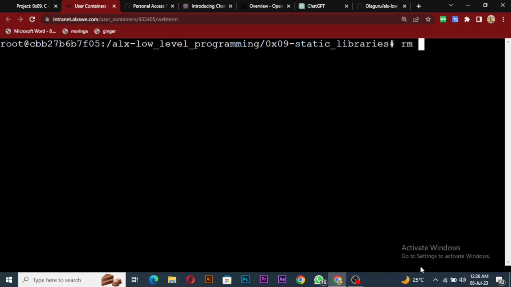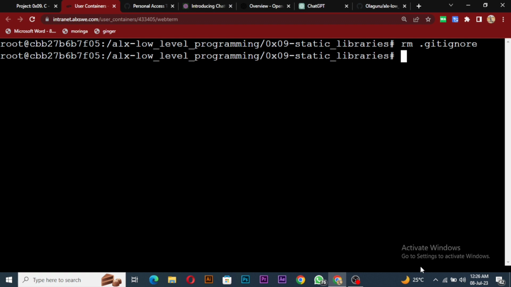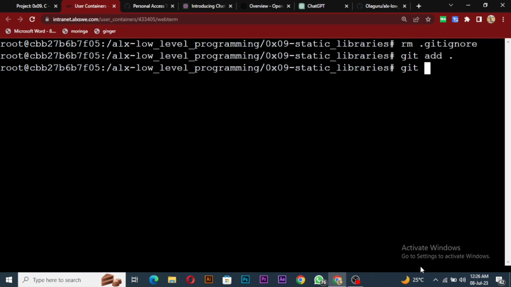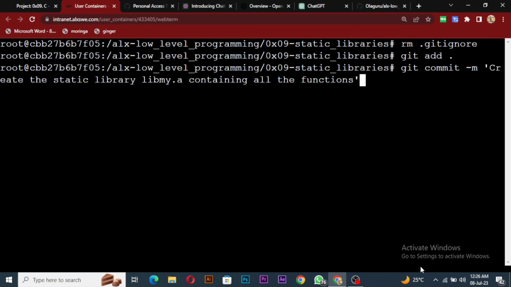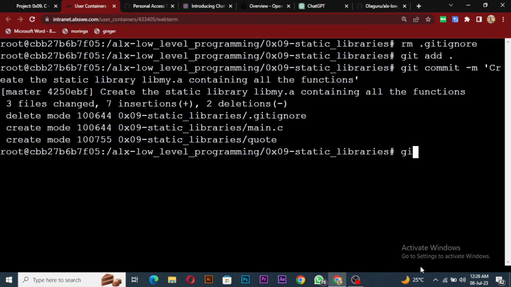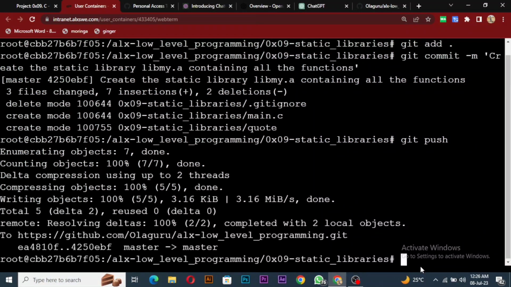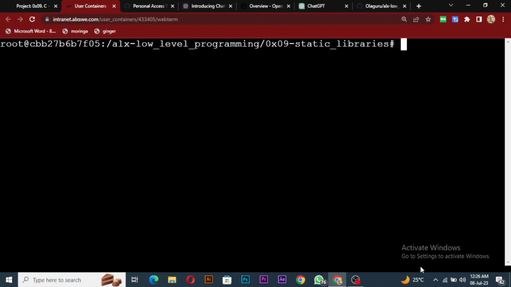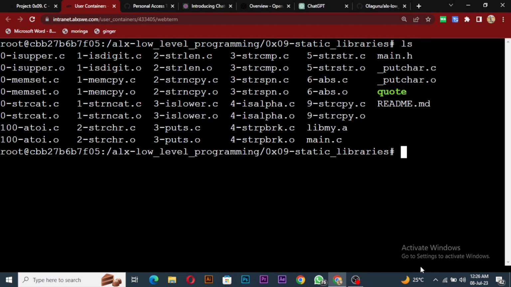Let me remove my .gitignore first. Okay, and then so it means that the access token still works. And then git commit and git push. All right. So let me see. ls, we have our, okay, yes, we have our main.h already. We have our main.h, we have our readme.md,